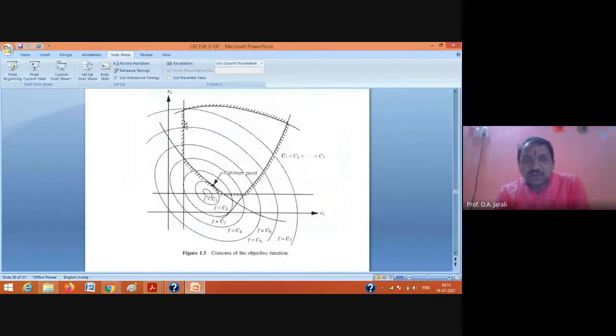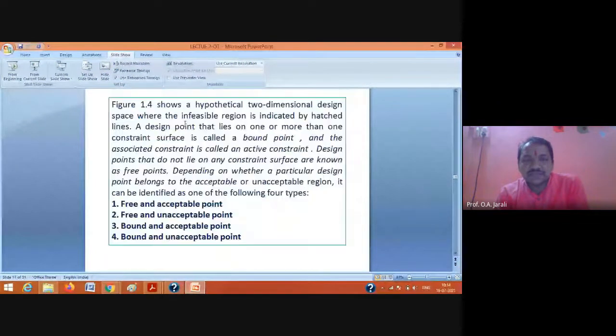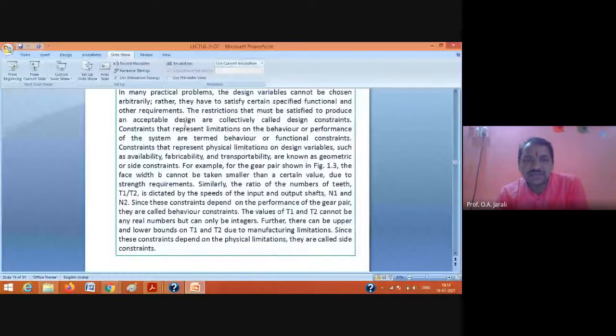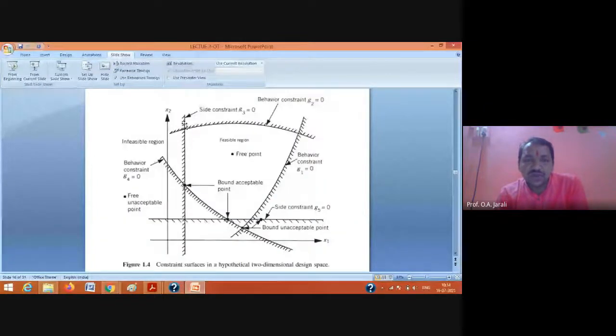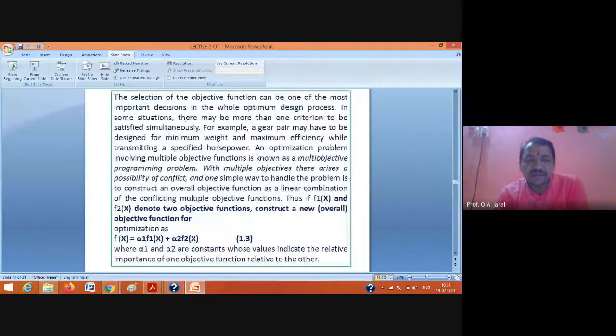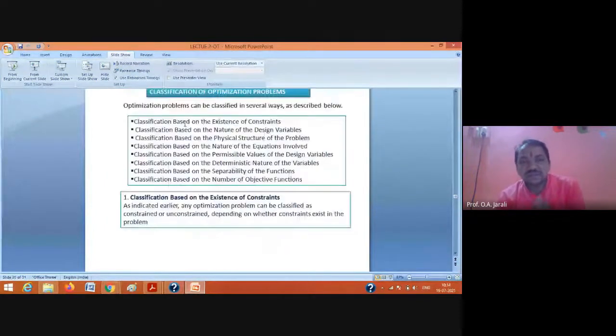So this is about single-objective and multi-objective functions that we have discussed since the last lecture and in today's lecture. I will share these notes with you. As of now this is only theory, so once we start solving problems, you will understand in a better manner. But anyhow, we'll first complete the basics of optimization, and then we'll go for actual linear programming problems.